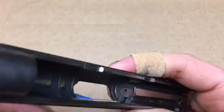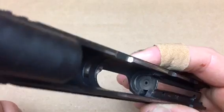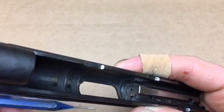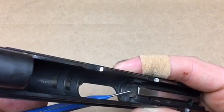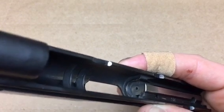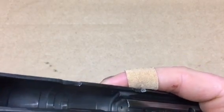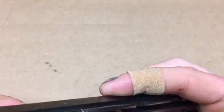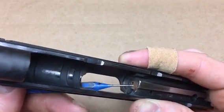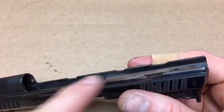I also encourage you to polish the hell out of the breech face. In my opinion, that's more for ease of cleaning than reliability, but it certainly doesn't hurt. Some guys have had problems with a burr right here sticking out of the breech face where they machine the firing pin hole, causing all kinds of feeding issues. Make sure that this is smooth as glass. I'm going to polish the breech face. I'm going to polish behind the extractor really well right here. And that is the most important thing to do on the slide, along with, of course, doing a good polish